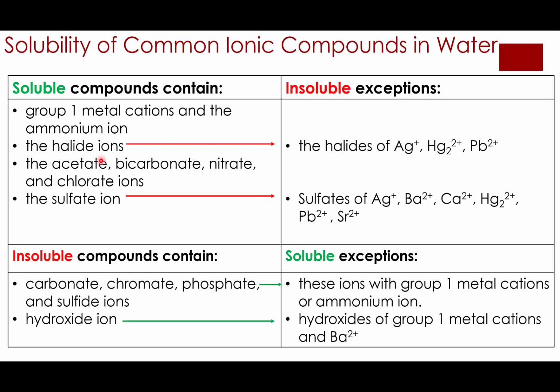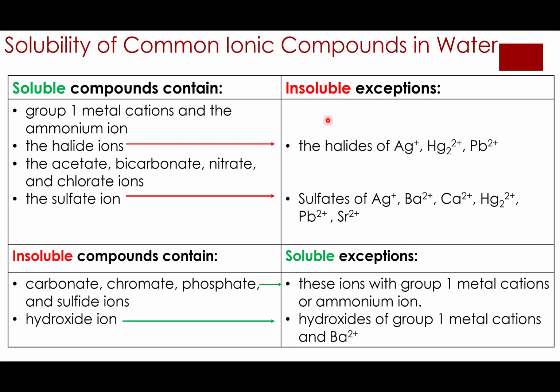Those are the halide ions. When those halides are attached to anything other than these three, when they're attached to anything else, they will be soluble. There are 3 exceptions to the rule. If they are attached to silver or mercury or lead, they will be